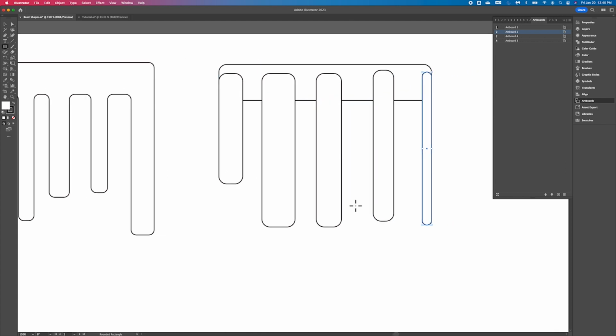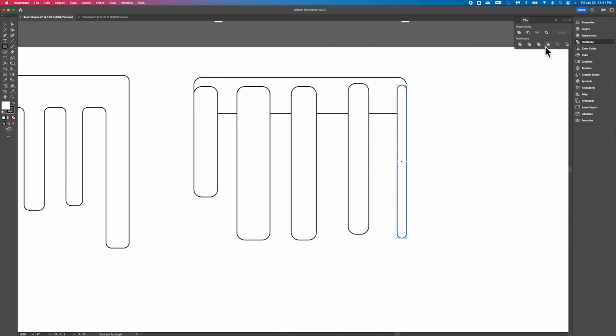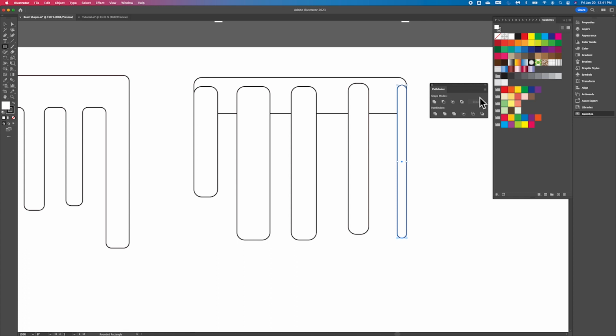And there we go. So I've got basically the same thing. So now what we're going to do is combine these all into one using the Pathfinder. So the Pathfinder is right here. And I'm just going to pull that off. And you can see that